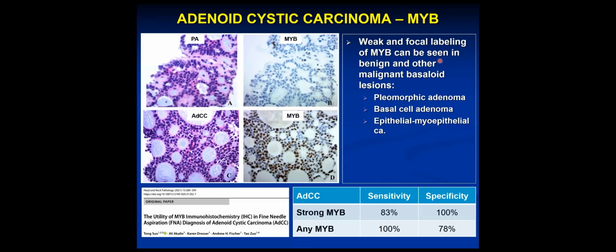sometimes there is weak and focal labeling of MYB in some other benign and malignant entities, such as pleomorphic adenoma, basal cell adenoma, epithelial-myoepithelial carcinoma. And this study shows that if we use a strong MYB staining,